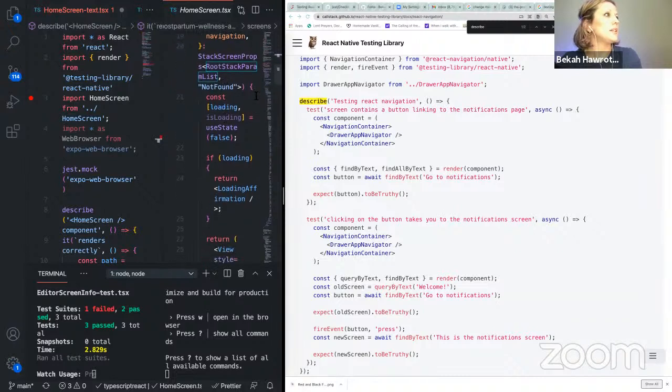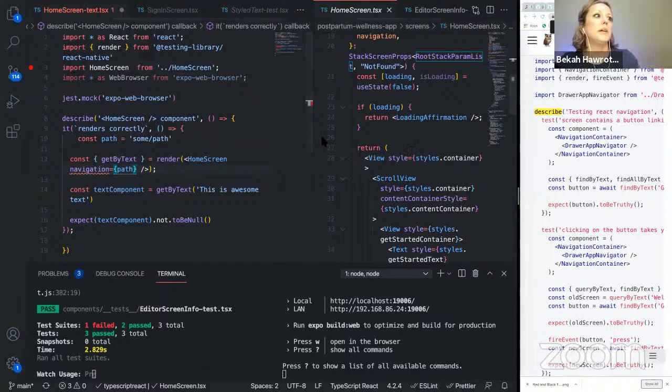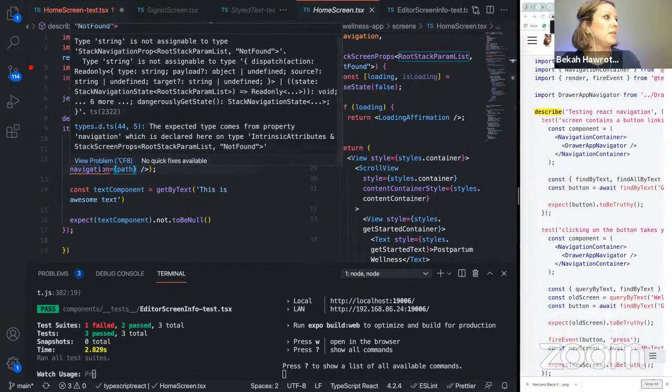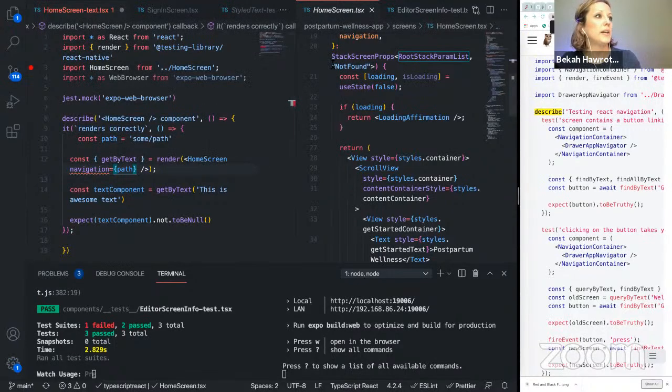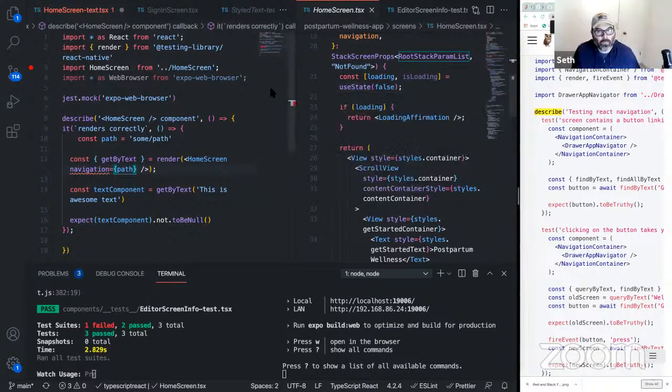Oh, okay. So you can see, I'm going to go ahead and make this code a little bit bigger. Sorry. So when we've got this going on here, it says the string is not assignable to type StackNavigationProp, RootStackParamList not found, which is what we've got going on up here.